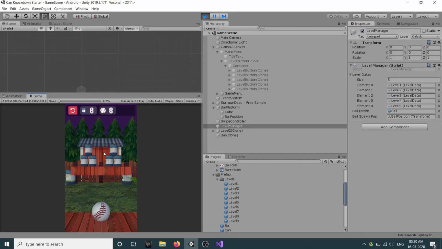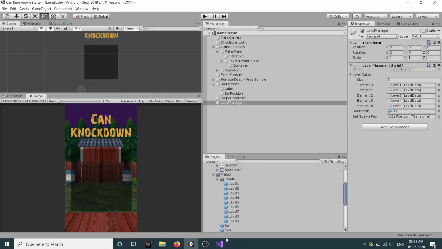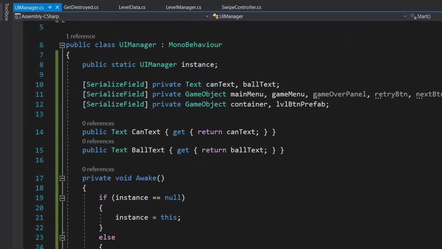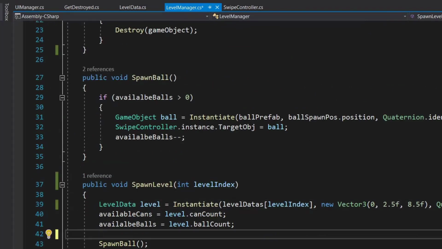For that we will add some fix, but you can see here we have just spawned our level. In that we have this 8 can, I think we have not set it, so we also need to set our can text as well as our ball text. So for that we will go to our level manager, and in level manager, inside our spawn level method, we